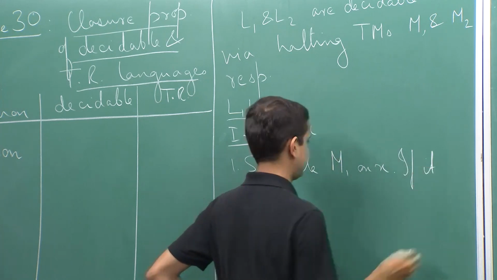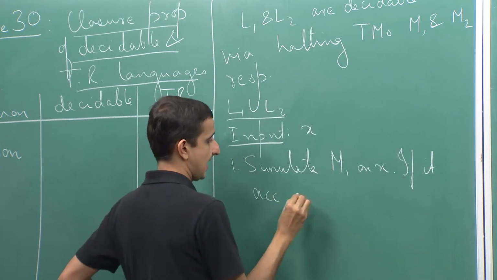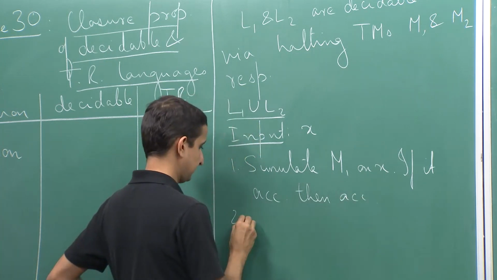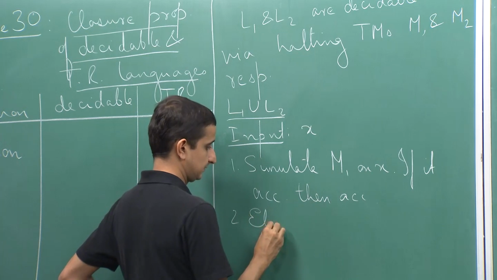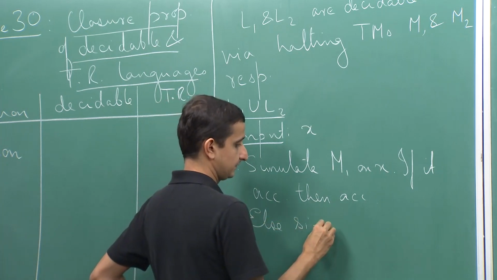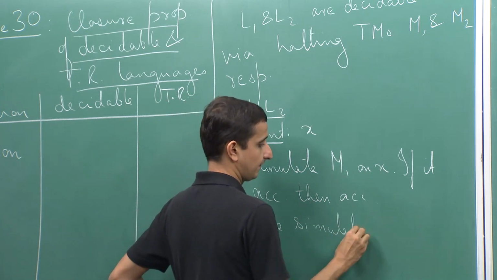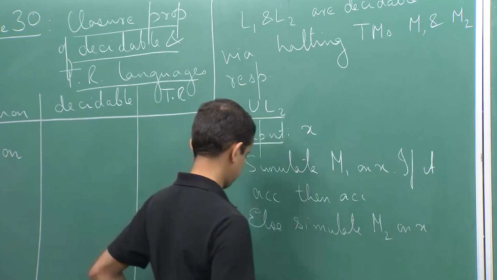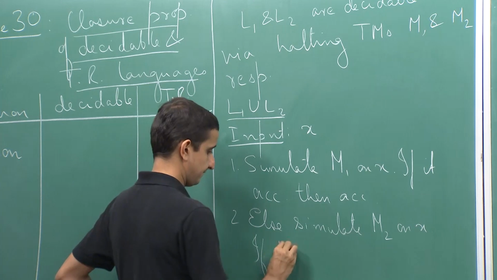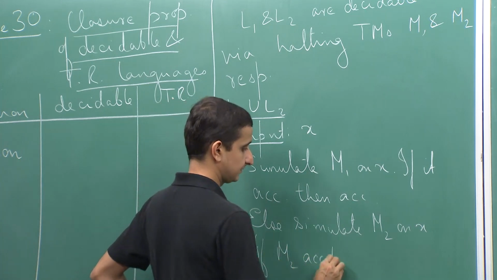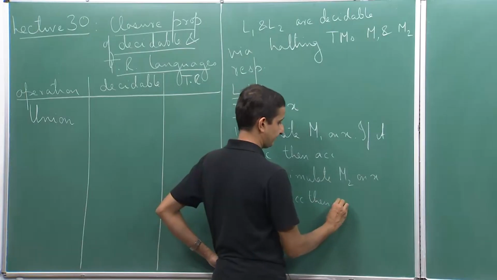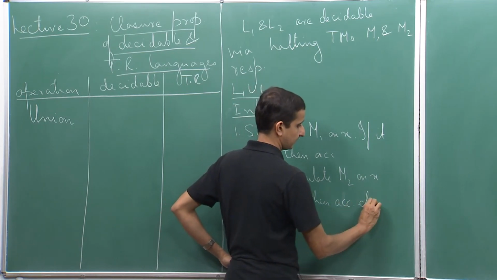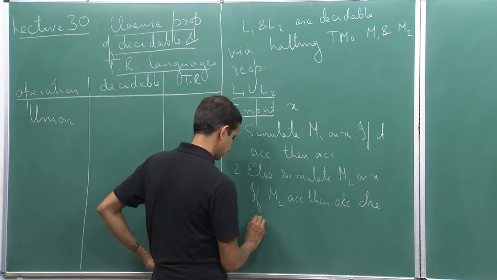If it accepts, then accept, else simulate M2 on x. If M2 accepts, then accept, else